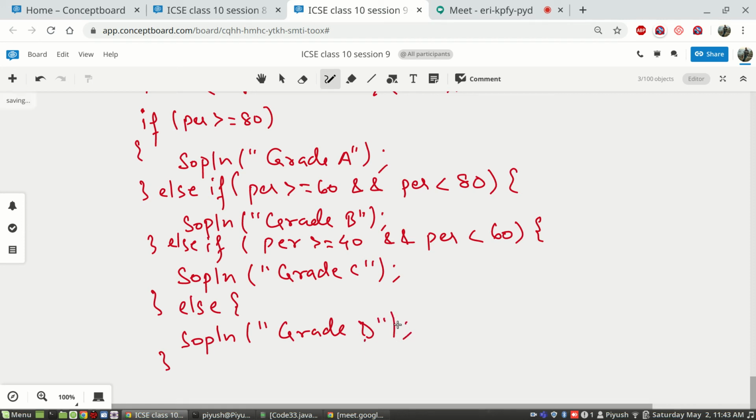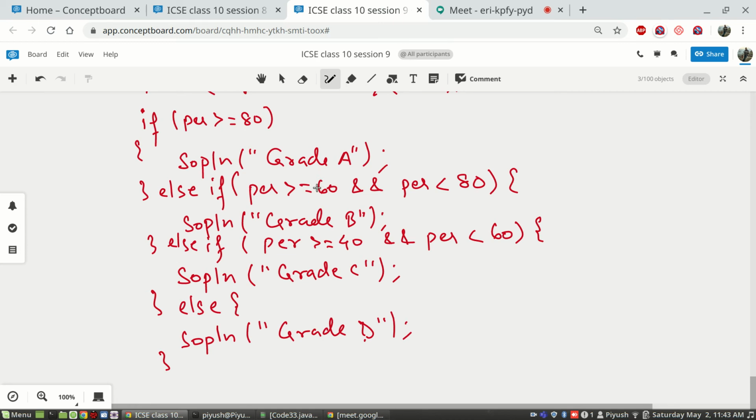Grade D. Okay, so if the first case is true, it will go here and the other comparisons will be ignored. If this is false, that means percentage for sure is not greater than 80. Then it will check whether it is greater than 60 and less than 80. If that is correct, it will print B. If both cases are incorrect, that means percentage is not greater than equal to 60.